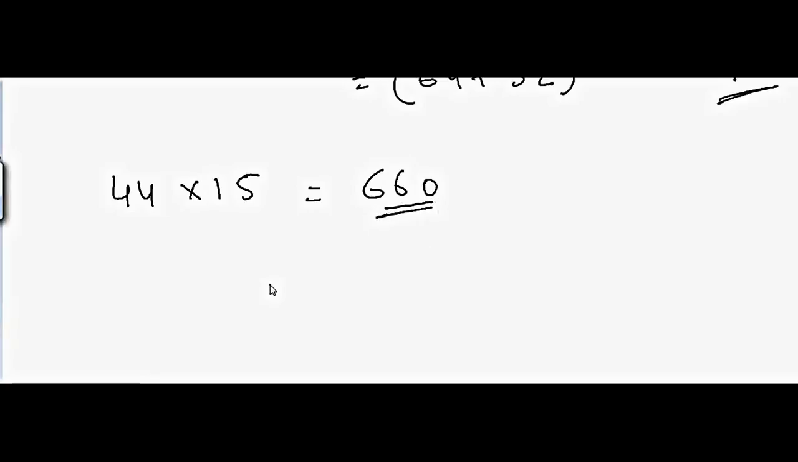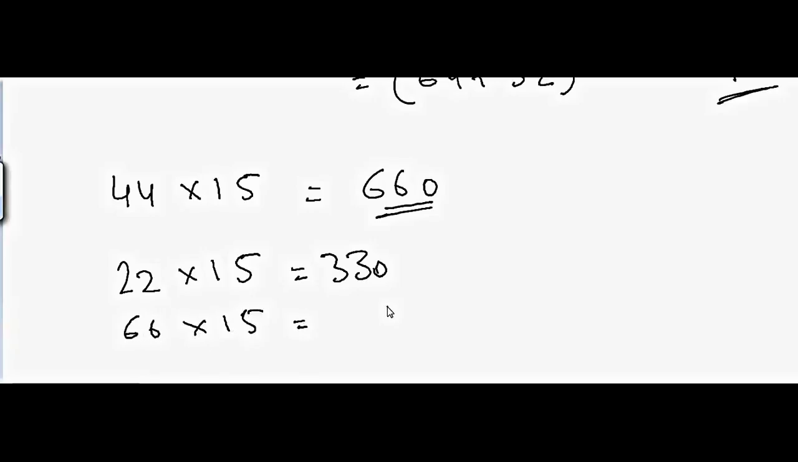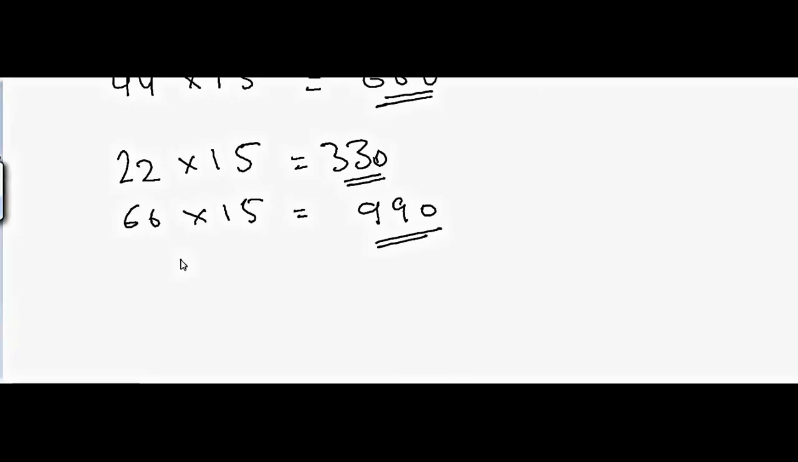Suppose I want to multiply 22 by 15, that will be equal to 330. And if you want to multiply 66 by 15, that will be equal to 990. As you can see, I'm using simple numbers, but you can always go to complicated numbers and do the same kind of calculations. I hope this tutorial will help, and I know this is just a concept, but if you use it, you will slowly get used to it, and then you will find that you can do